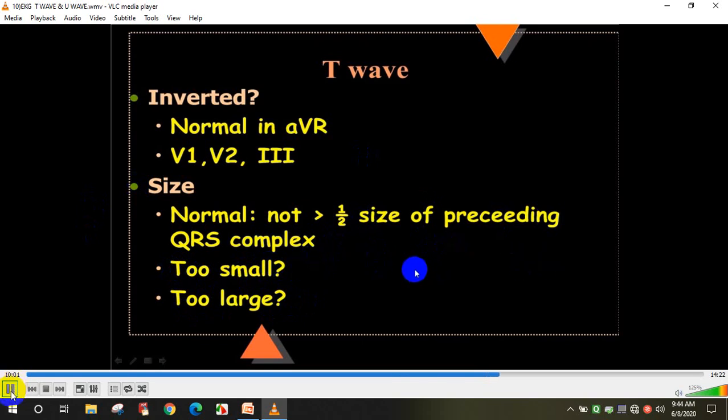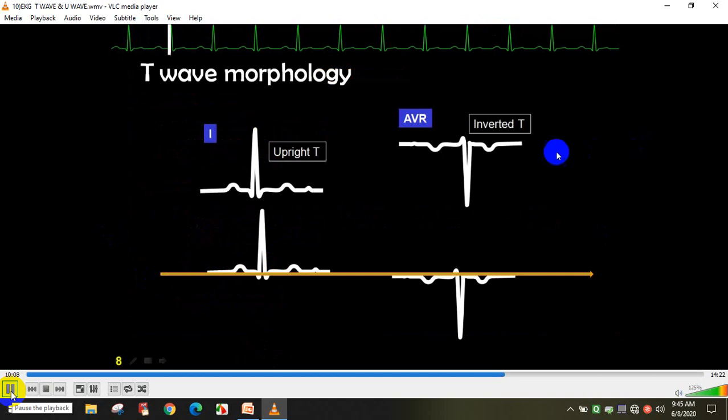If one part of T wave is upright and one part of the T wave is inverted, we call biphasic. All these are considered as abnormal T wave. Now to show you a T wave morphology, this is a diagram showing you this T wave is in the direction of a QRS complex, so we call upright. This is below the isoelectric line, so this is called inverted. So you will have to draw the isoelectric line and see the direction of the T wave. If T wave is above the isoelectric line and in the direction of QRS complex, we always call that upright. And if it is below the isoelectric line, we call that inverted.